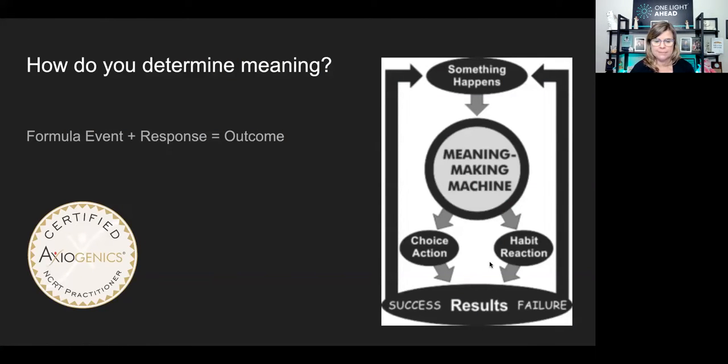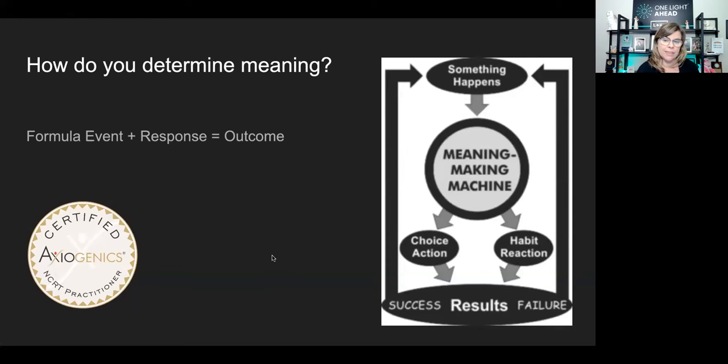Now, I've set you up to be prepared to have a whole conversation around meaning and message. We're going to start with meaning. We have a program called Self-Leadership 123. It is one of our newest tools. I am now officially Axiogenics certified. Some of you have been through the first introductions of it, some of you have not. And this is neuroaxiology brain science, to shorten the form. It basically helps us understand how we give each thing meaning, how we determine the values that we assign to things. And this visual is a beautiful way of looking at it.